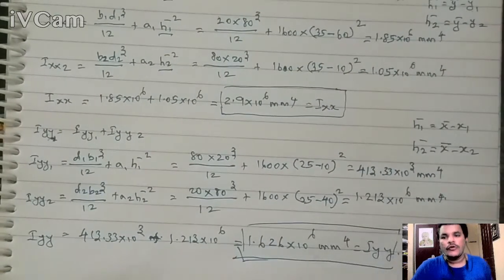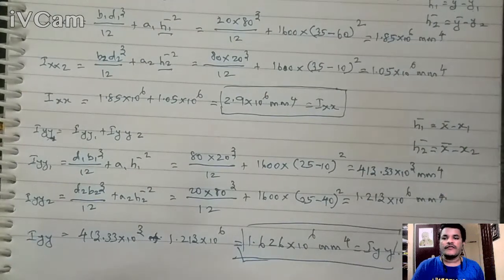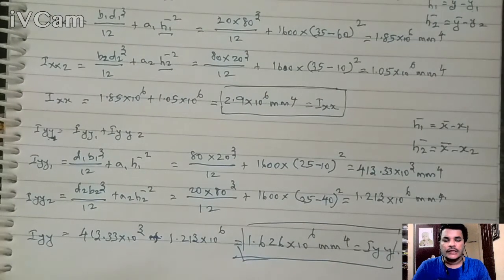So this is how you need to calculate the moment of inertia of an angle section. The same procedure is to be followed for any type of section. The only thing is how you take the centroid, whether you take it from the extreme left or right, or extreme bottom, or from the top. That is important. In the next video lecture, we will see the T section.